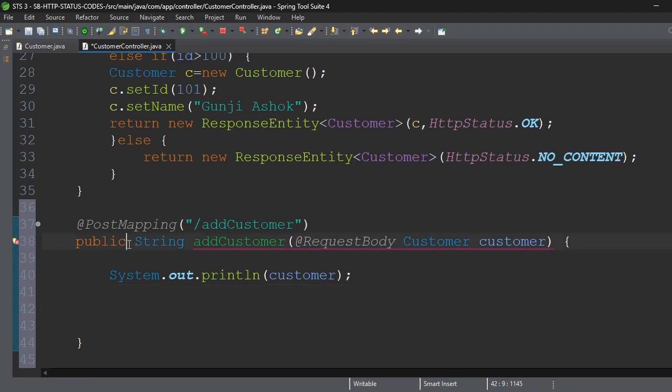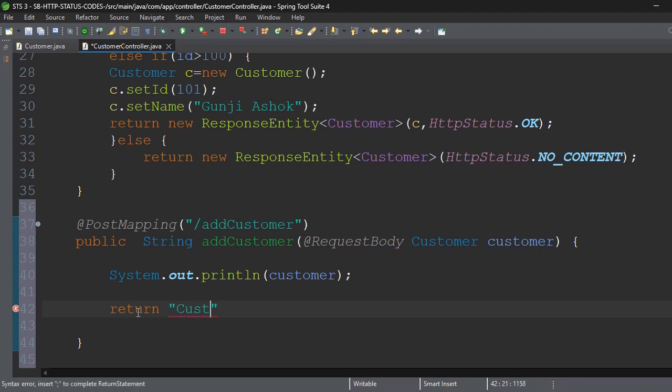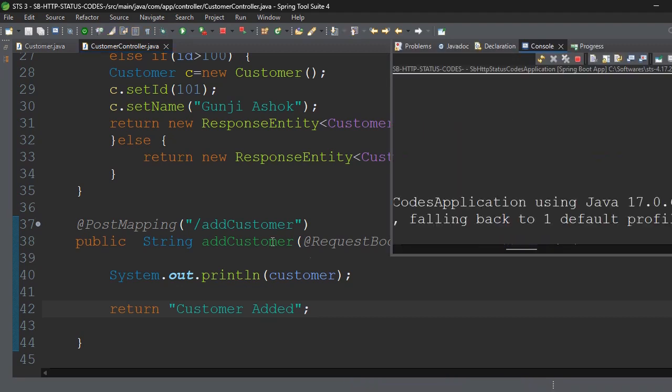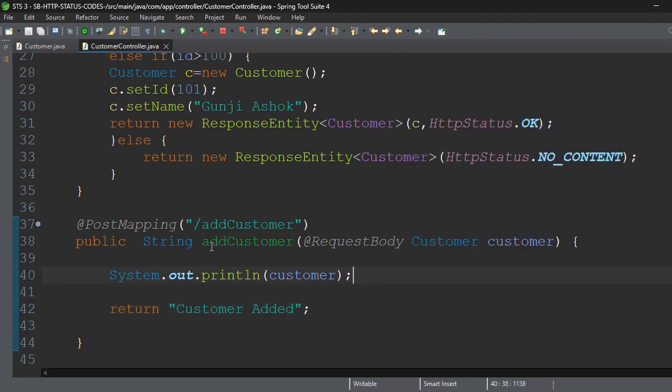For customized purposes, I am using ResponseEntity. First I will try without that one. Okay, addCustomer. When I am sending this one,